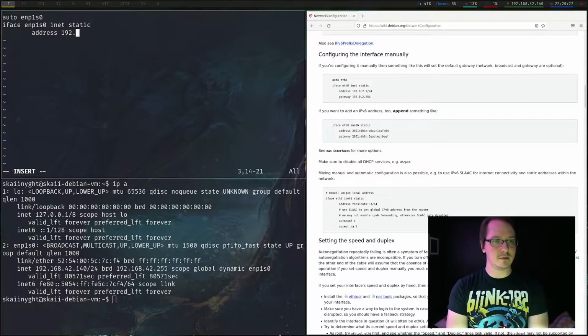address 192.0.2.7. Why am I just copying blindly from there? 192.168.42 for our subnet, and let's do 50. 50 sounds like a reasonable one. And then gateway